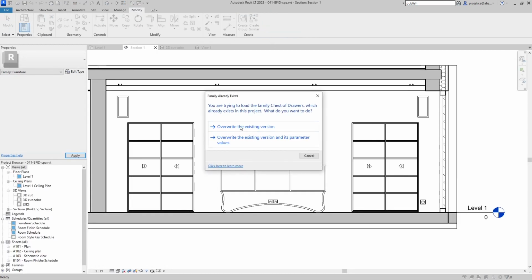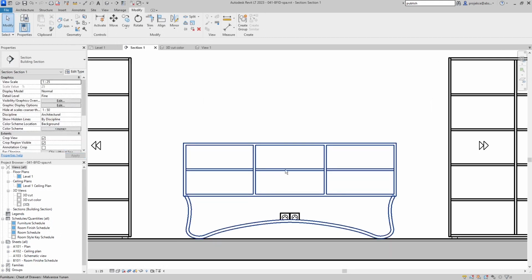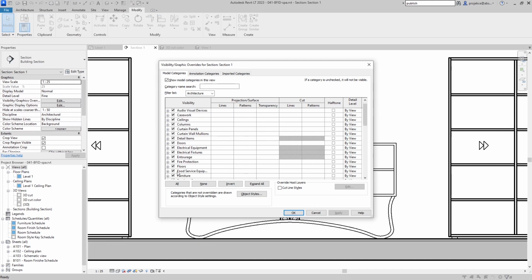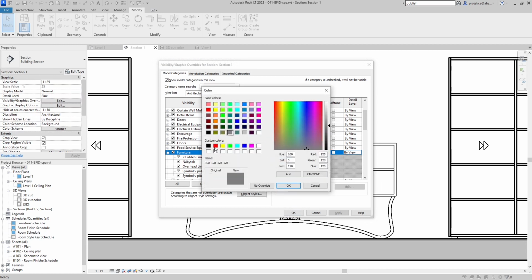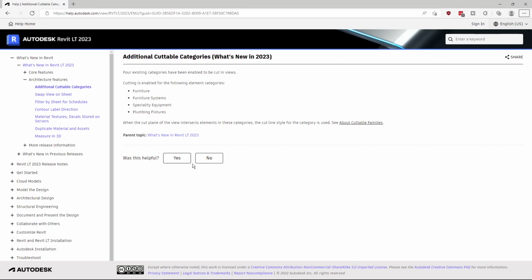But if I load it into the project and override the original one, you can see that it's cut, and I can see the shelves inside. And also in the view override for furniture, you can see that now you've got options to change the cut lines patterns. So let's say I will make those cut lines red, and you can see that this is cut, this is not cut. So for these families, it's very useful for me, especially for furniture, but also for plumbing fixture